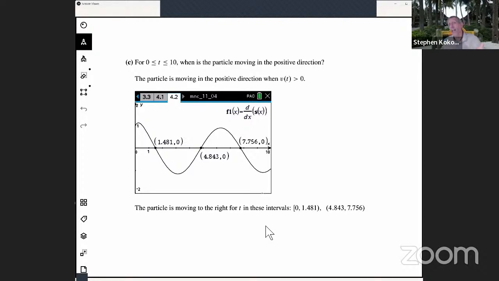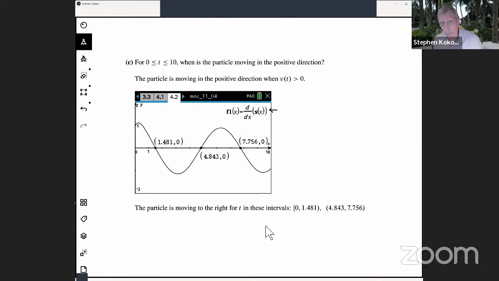So there's actually a lot of things going on in my calculator screen illustration here. First of all, notice that I didn't have to actually enter my analytical derivative of the position function. I can just have the calculator graph the derivative of s. Once it did that, I went into the menu here, and I actually found the zeros of that function. So I now know where the velocity is 0,